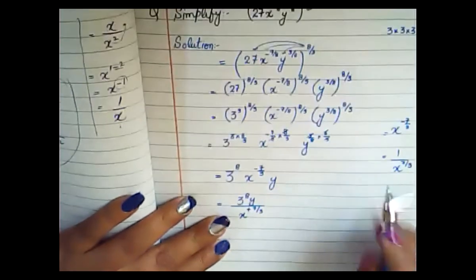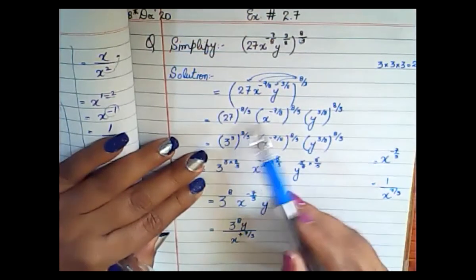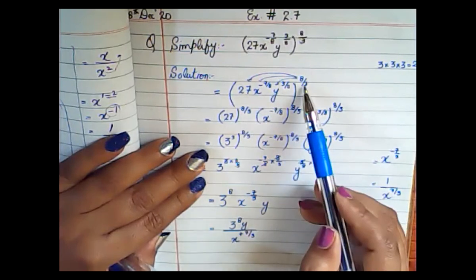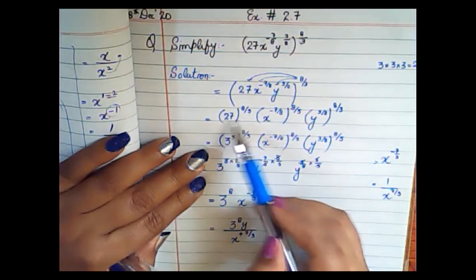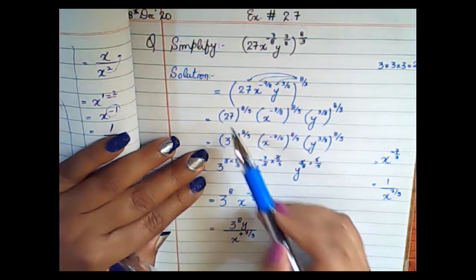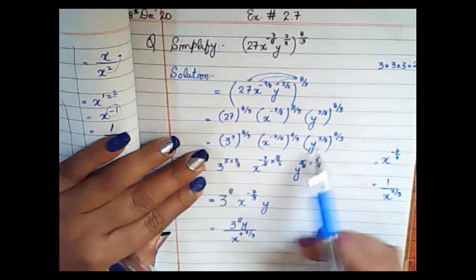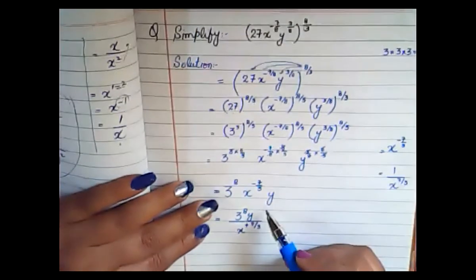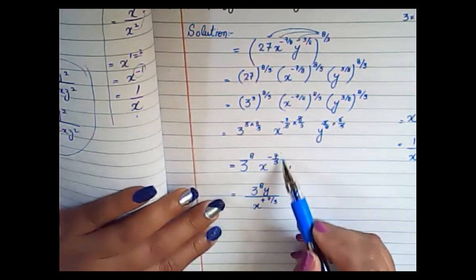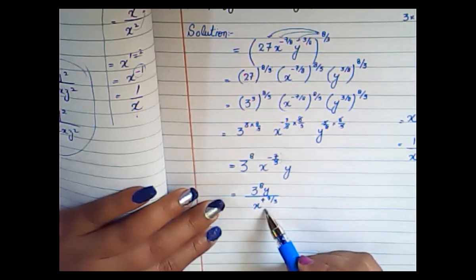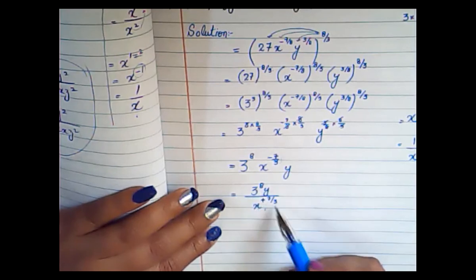Understand? In this question, first of all, you will write down the question again, then you will give the power to each individual value. Suppose the whole power is 8 upon 3. Now you have 27 and you have to take the cube root of 27. So the cube root of 27 will be 3 cube. And simply you will multiply the powers with the powers, and that will be your answer. After simplifying, you have minus 7 upon 3, so you take it towards the denominator, downside. So your answer will be 3 raised to the power 8 y divided by x to the power 7 upon 3.